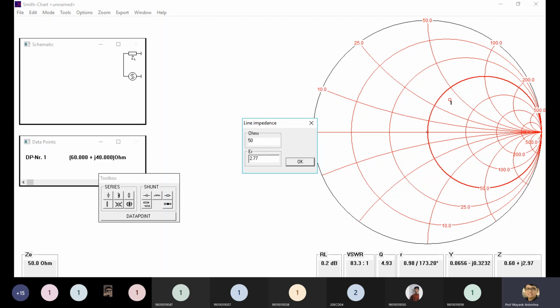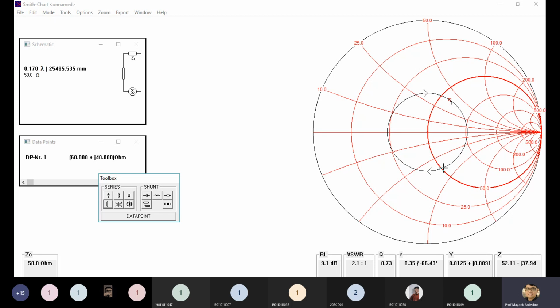This is the only important part. How are they calculating? 0.6 is given. 0.6 is equal to 1 upon under root of mu epsilon, where mu is equal to mu 0 mu r and epsilon is equal to epsilon 0 epsilon r. By solving this, you get epsilon r as 2.77. So now just press OK.